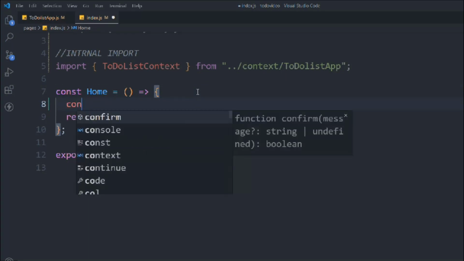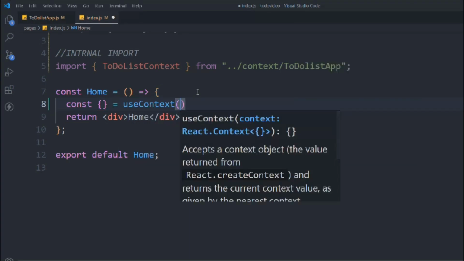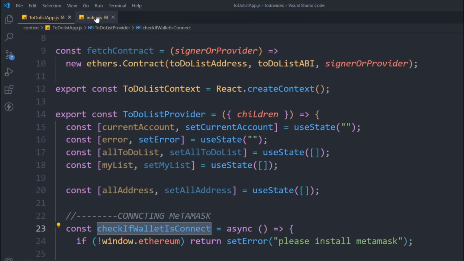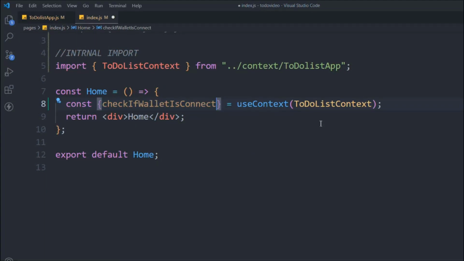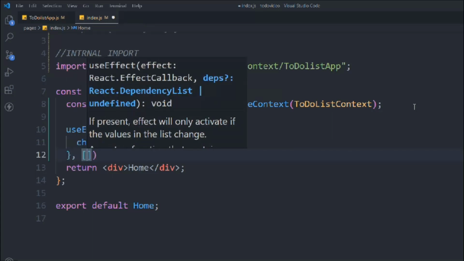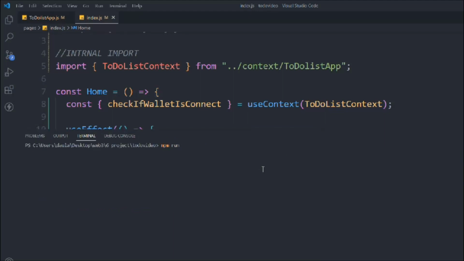So let's come down, and here we'll take a variable, and inside that we're going to pass all the variables which we passed in the value, and that can be accessed here. So we have to use this useContext, and in that we have to pass this ToDoListContext. So simply copy this checkWallet function and paste here, because we have passed it as a child and as a value there in our provider, and this is how we can access it. So right now we have this function accessed. Now we'll use this useEffect, and in this we're going to call these functions, and now we can see the account. So let's start the application, npm run dev, open in the browser,